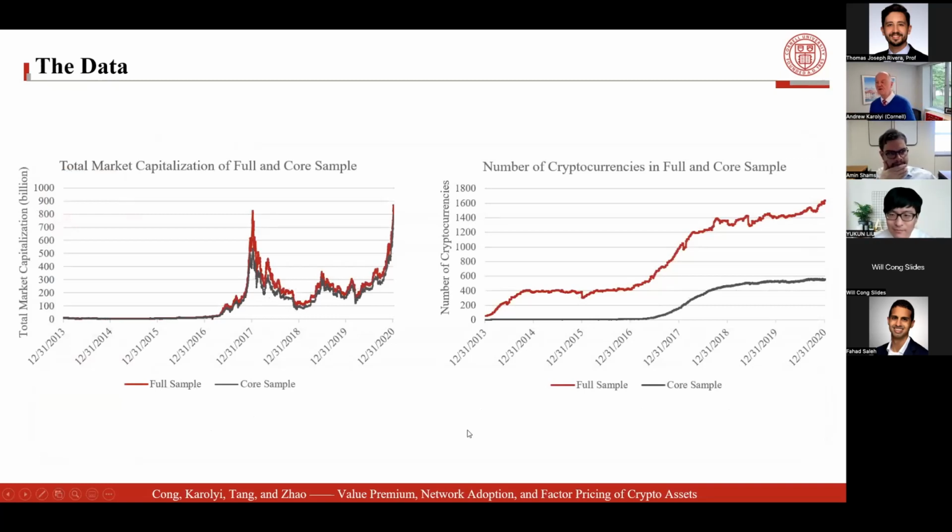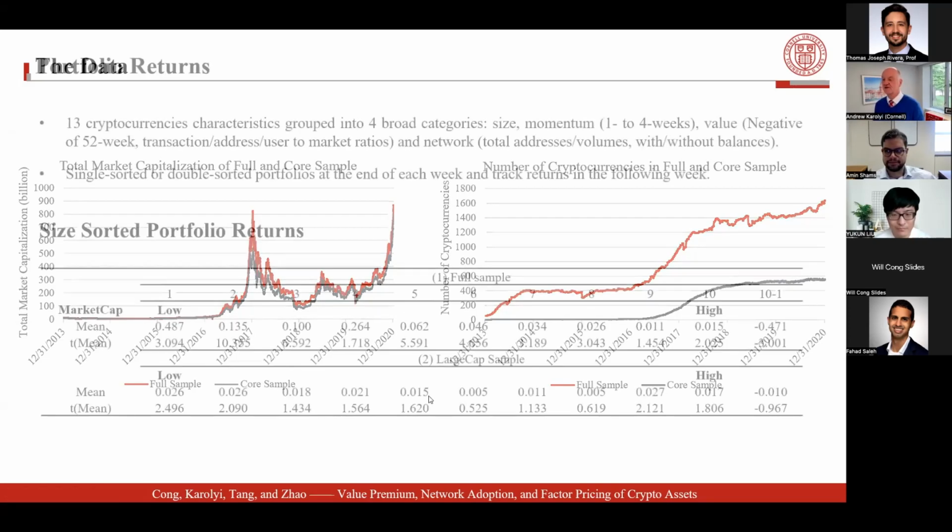This is just a simple graphic of the number of cryptos that are continuously being added to the sample over the period of time of our analysis. What I think is interesting here, when you compare the full sample and the core sample, is while the counts are different, clearly different, what you can see on a market cap basis, the left graph, is that the core sample is pretty darn representative of the full sample because it's market cap weighted. And that's probably not a surprise. Obviously, I'm sure that affirms your intuition here.